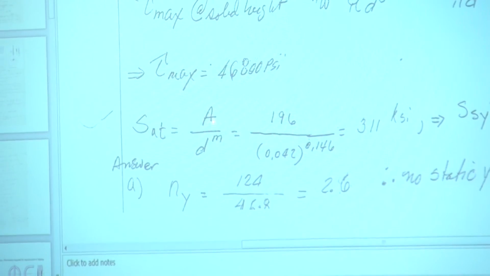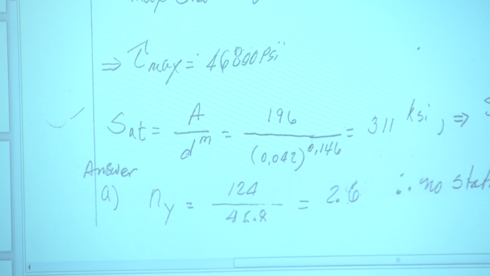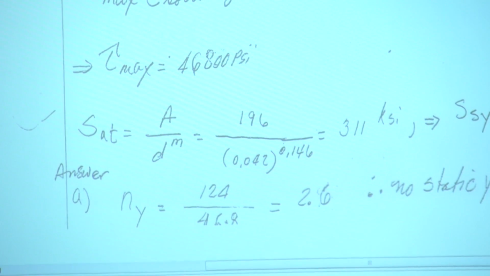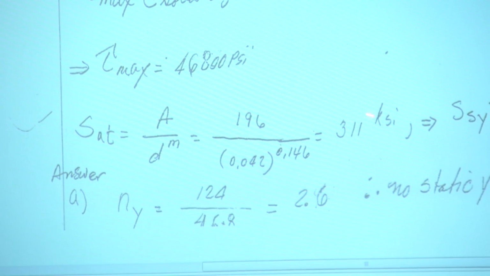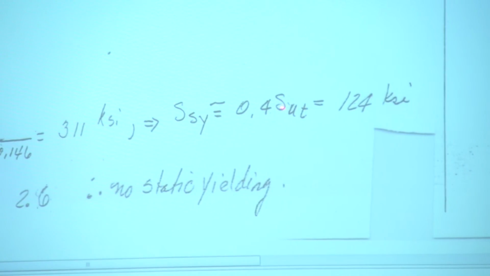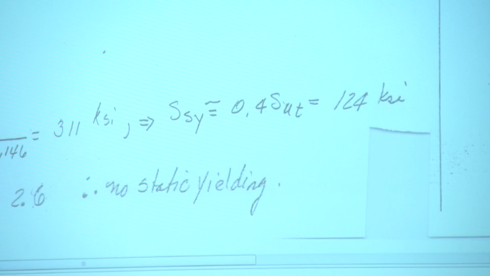There's the tensile strength of the material. According to the equation we talked about last time, the values of A and M are found from the tables, and they are functions of the particular material that you have. That comes out to be 311 KSI. We're taking the yield strength of the material, 0.4 SUT. Reason why I'm taking it approximately equal to 0.4 SUT is that that's a good mid value. Remember, SSY changes between 0.3 and 0.52 or something like that. So 0.4, 0.45, you may see your book using 0.45.